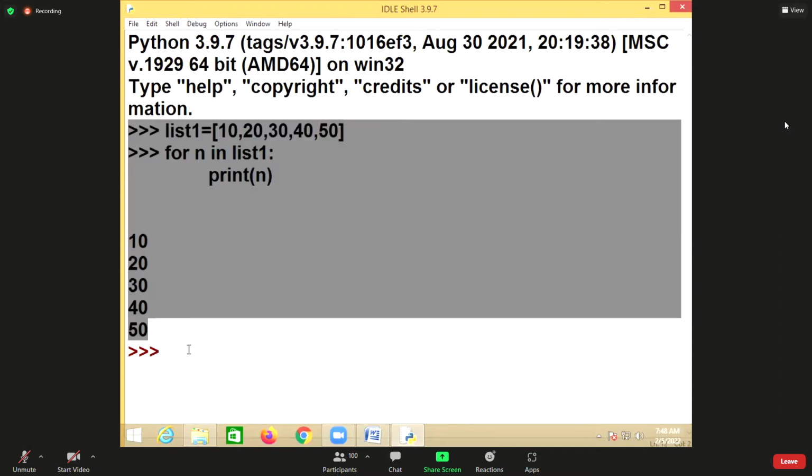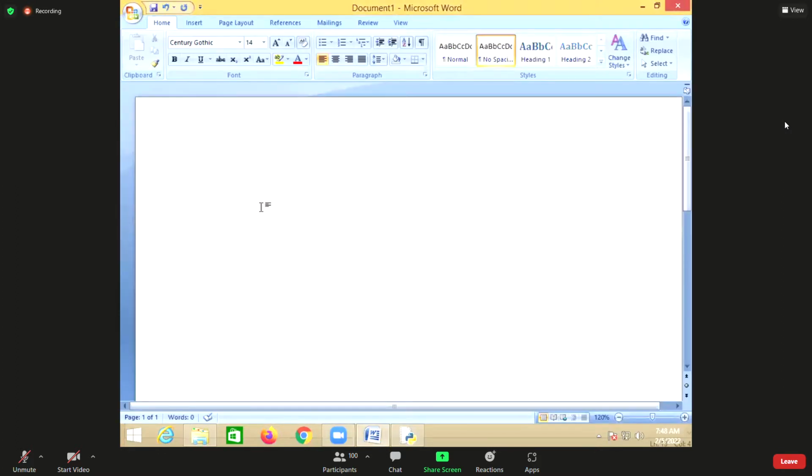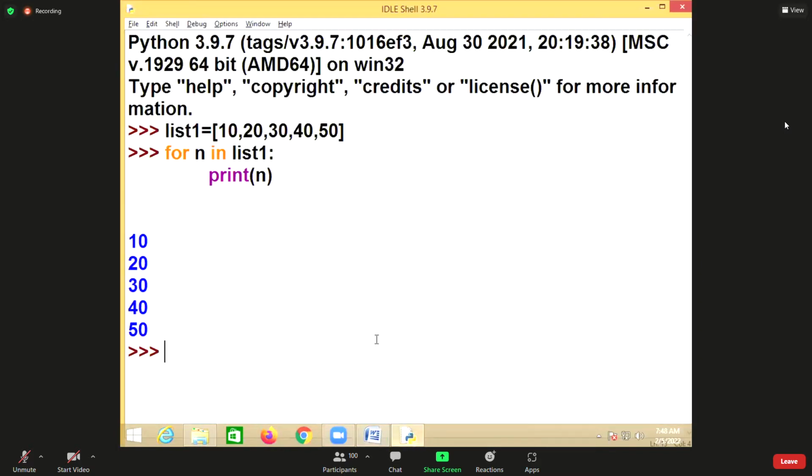Let us see some of these things, but you will learn this in detail when you work with lists. Meanwhile, just try to understand how to use the for loop. I'll give you an example using a string. A string is also a collection. The name of the variable is X, with a value within double quotes. Whatever you write in double quotes is called a string.